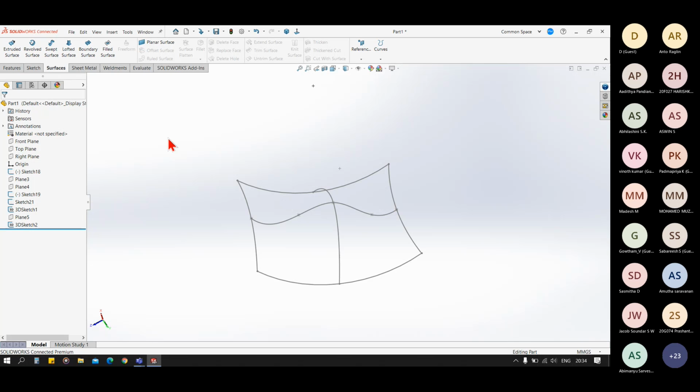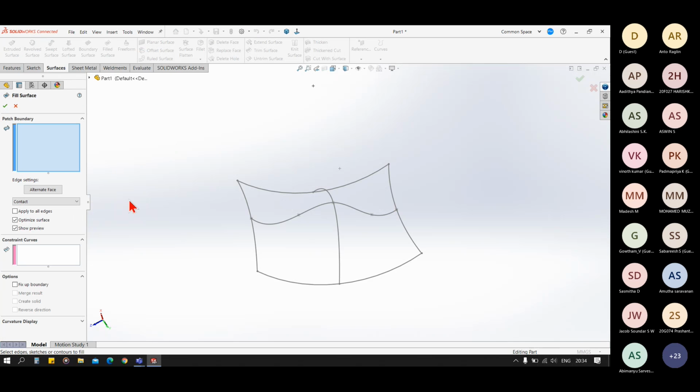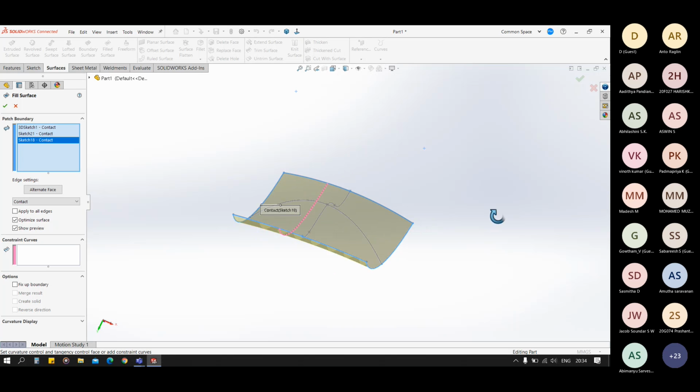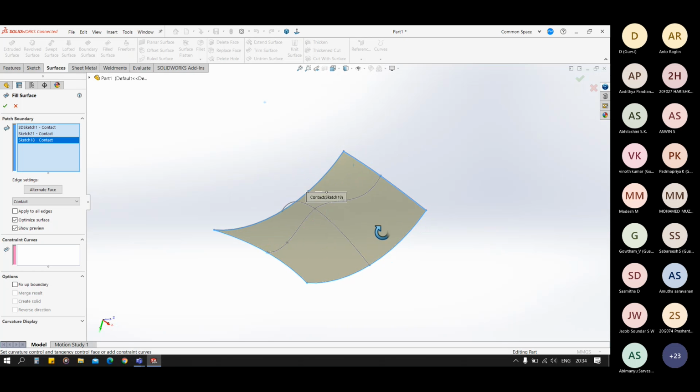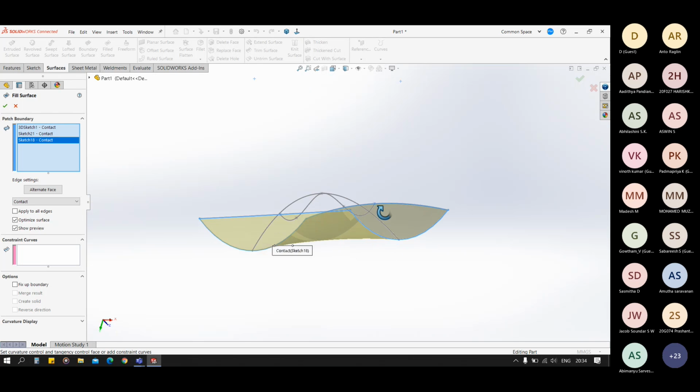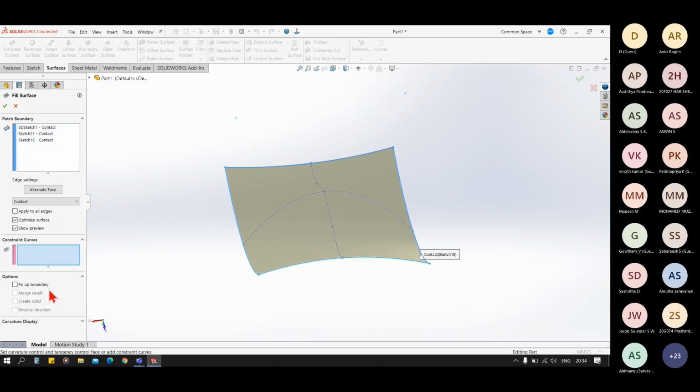Now for the filled surface we just have to select the boundary. So in this case we can select this boundary and you can see we have our surface now. But to give it a constraint, to give it a direction, we can also add a constraint curve.